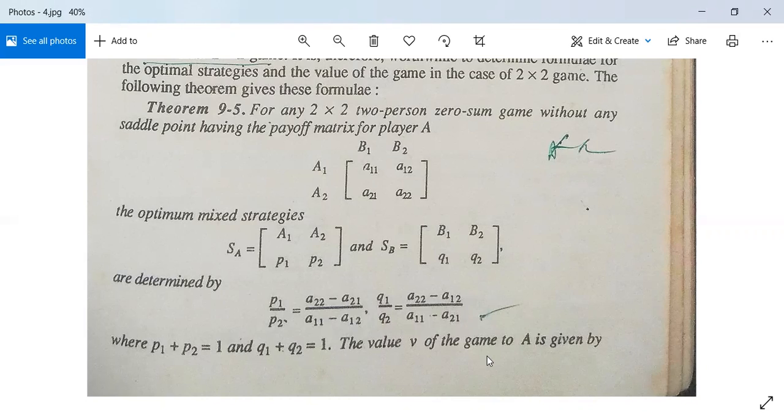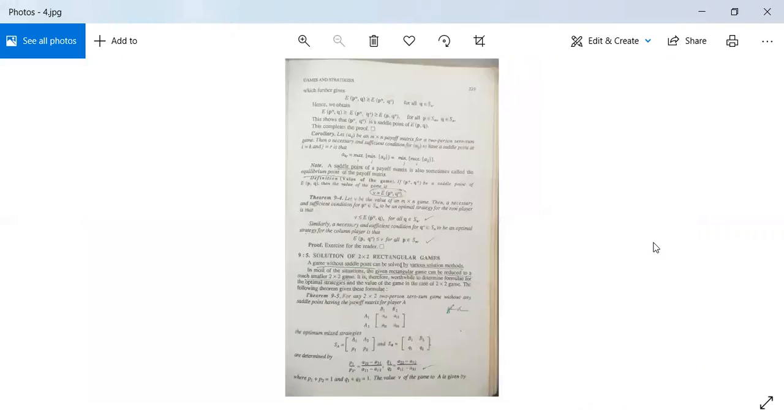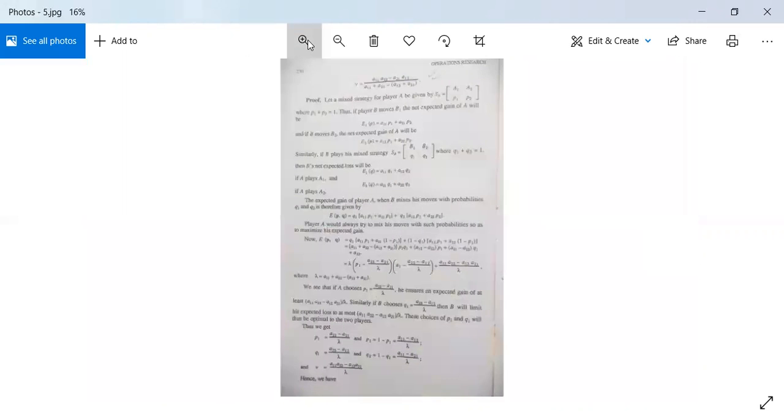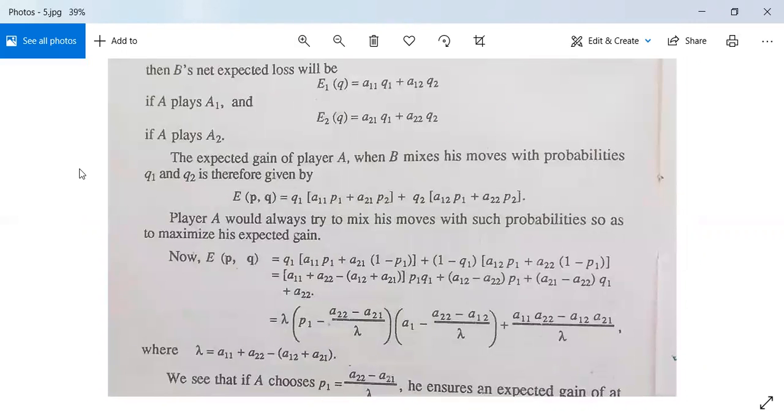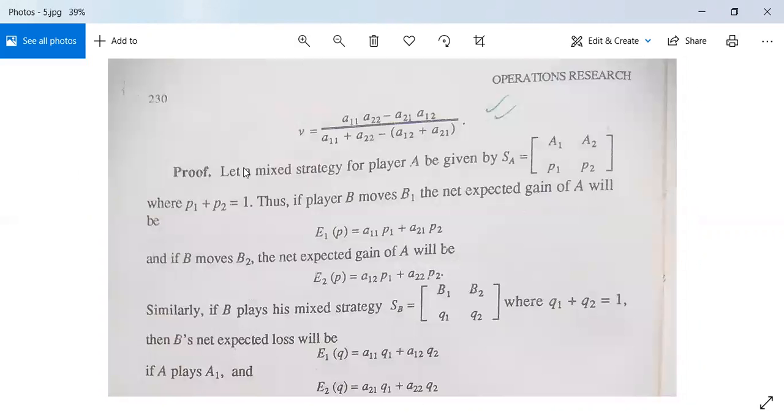Next, finally, the value nu of the game to A is given by, देखो इसका फॉर्मूला, nu is equal to A11 A22 minus A21 A12 by A11 plus A22 minus A12 plus A21. तो ये फॉर्मूले याद रखने होंगे तुम्हें। प्रूफ देखते हैं इसका।